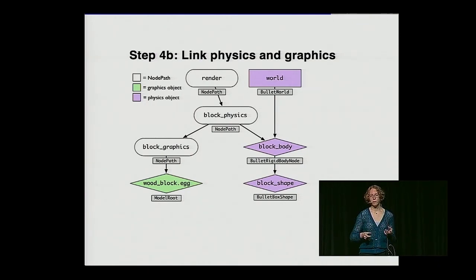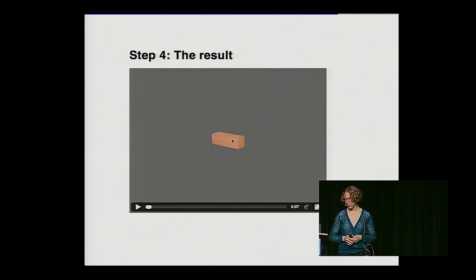And you can do this even with empty node paths. So if you had a whole tower of blocks, you could have a node path just for the tower, and then individual node paths for each of the blocks. If you move around the big node path for the whole tower, it will move around all of the blocks as well. So if we set it up like this, now when the physics moves because of the physical simulation, graphics will also move. If we take a look at what this looks like,